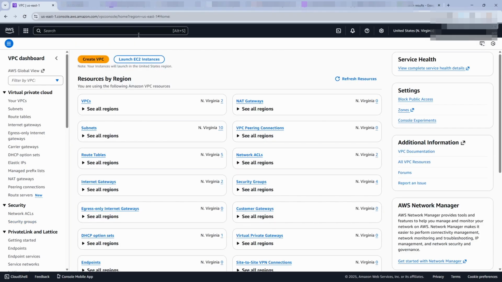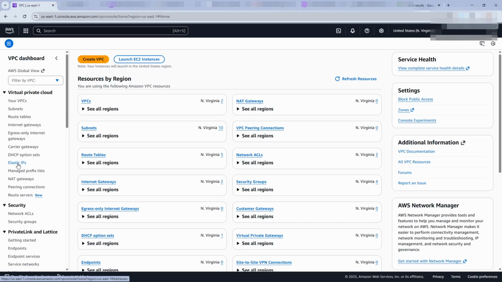Let's now create the NAT gateways, which will be connected to our private subnets to allow the resources in the private subnet to access the internet. The use case is when you need the resources to maybe fetch updates from the internet, but these resources cannot directly be queried from the internet. So on our left, we come here. The first thing we need to do is to